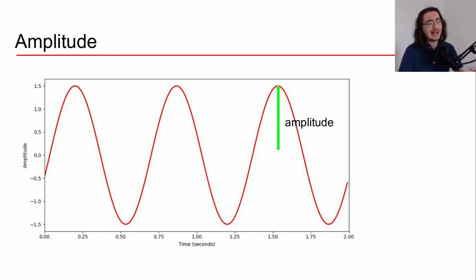Okay, so now the amplitude is a quite simple, intuitive concept to understand as well. It's basically how high or low this perturbation in air pressure goes. The higher it goes, the higher the amplitude, obviously, right? We can take this information by starting from 0 and then looking at the difference, for example, between the value at the peak and at 0, right? And so there we have the amplitude.